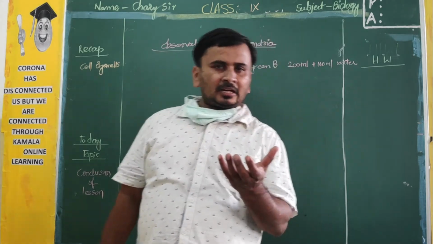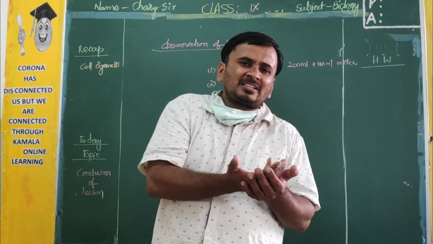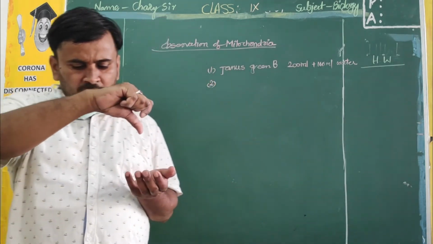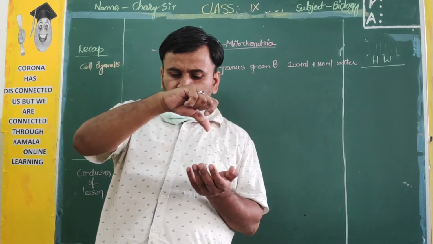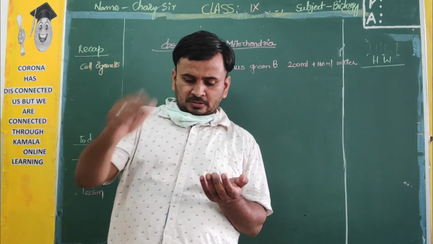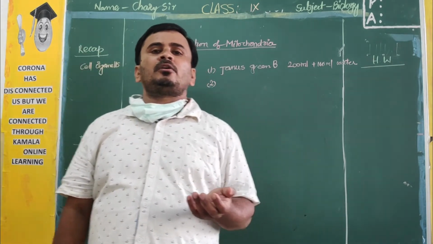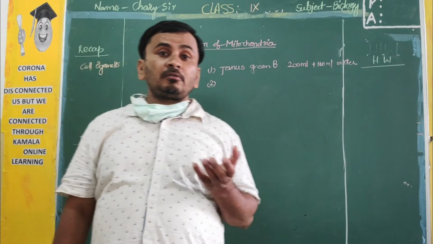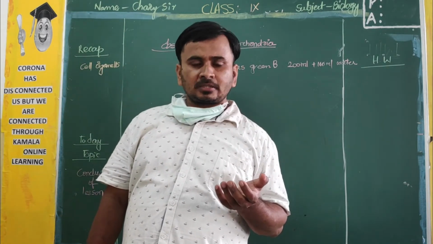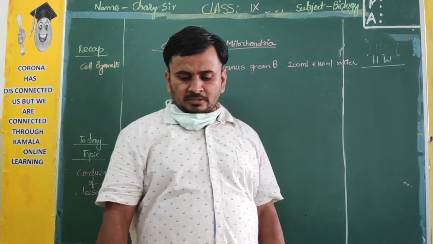Next, take a watch glass and pour some solution. I already told you about its structure: in the middle a depression is there, flat and saucer-like. Pour some amount of this Janus green solution, and put the small onion peel cuts inside the solution. How much time? Half an hour. You have to keep them in that solution for half an hour. What is that solution's name? Janus green B.